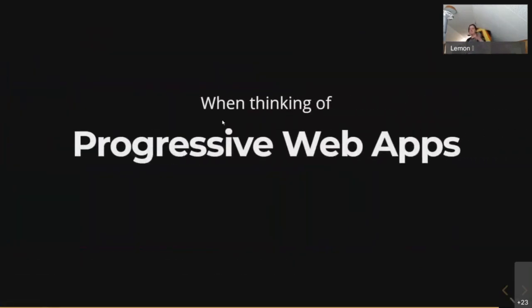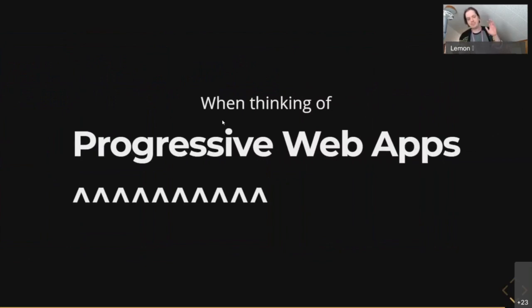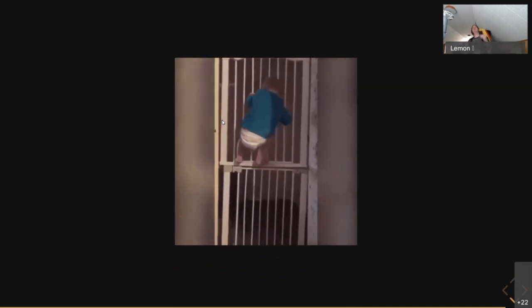Finally, I just want to say, when you're thinking of progressive web apps, I've lost the ability to talk at this point. When you're thinking of progressive web apps, actually think about that first word, because the progressive point is the important thing. There's a whole bunch of stuff that a PWA can be, but the only thing that a PWA should be is what makes sense. You can build on these things iteratively. You can start off with just the first piece of work that makes this thing a PWA, a minimum viable product, and build from there. You can stage this thing out and only build those important things. You can work slowly and try to climb and understand a little bit more of what's happening in your environment,